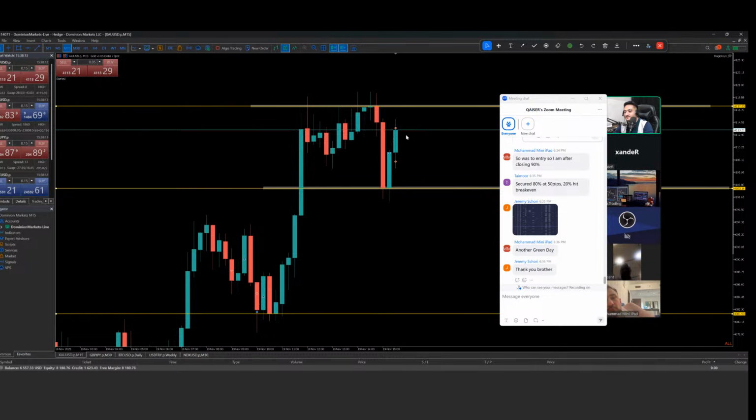But still, what a beautiful execution, I would say. Even though we are in a consolidation, we grabbed some chunks by reading the candles. Now look at this one, it's pushing upside. So I think I'll wait for the 15-minute candle to close to give my trade one more chance. Let's see.